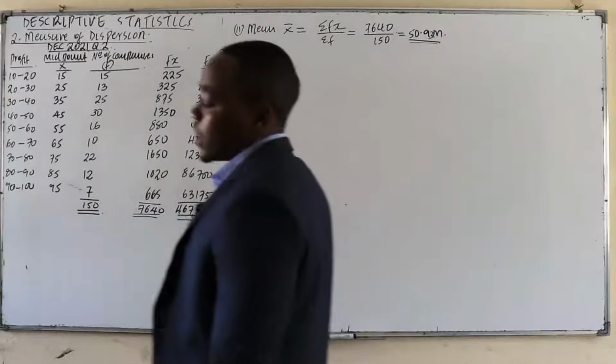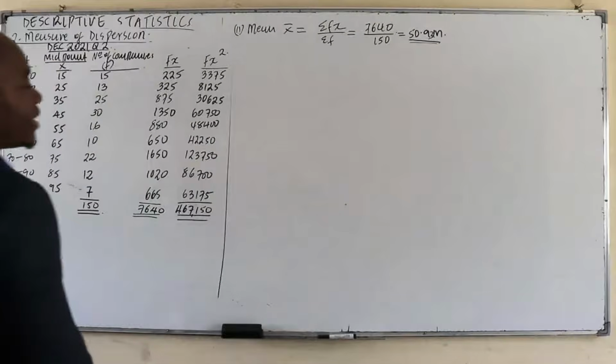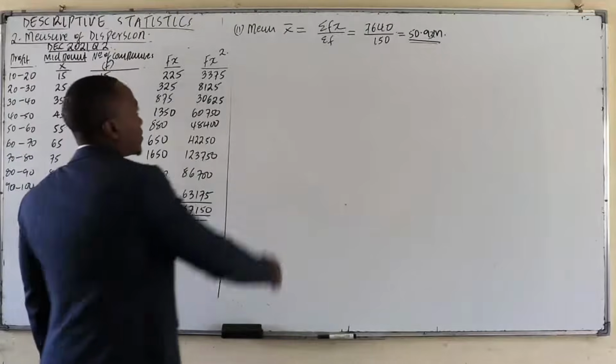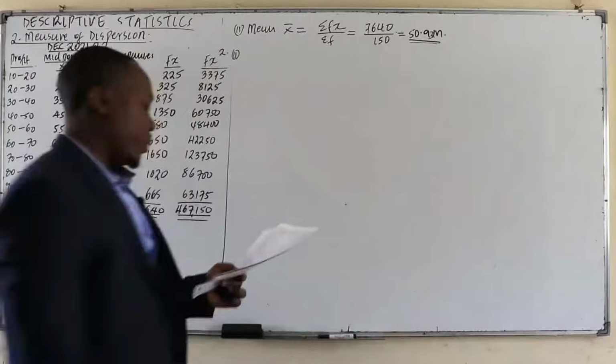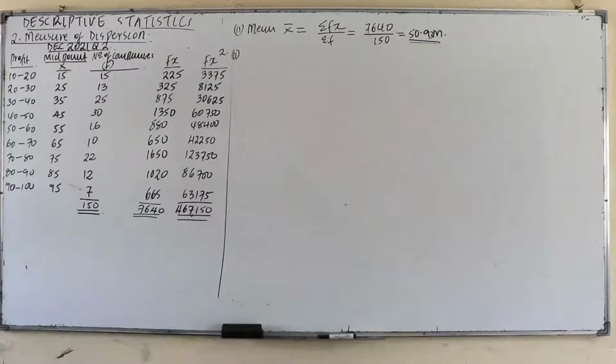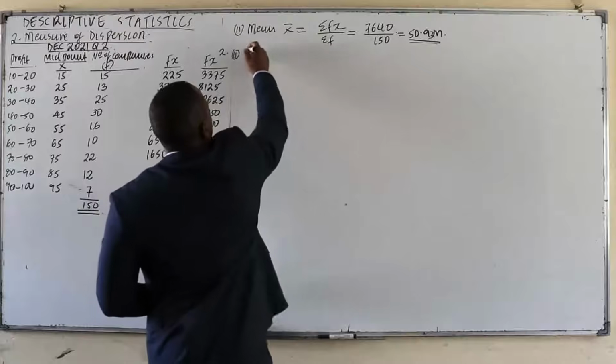Based on your research, most of the companies in that manufacturing industry make an average of 50.93 million per annum. Number two of the question, we have to compute what? The standard deviation. So how do we get the standard deviation? So to get the standard deviation,